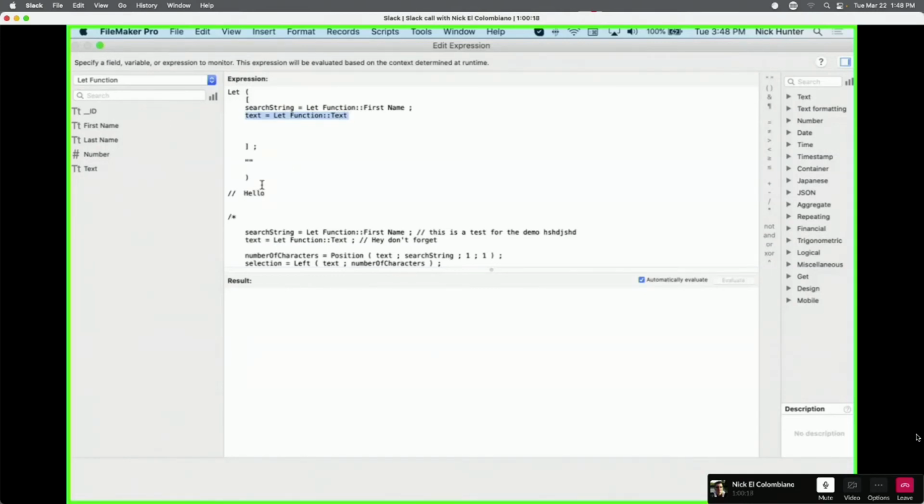I can use them. Look, the search string is May. I'm looking for May. The text is this. Now, how many characters do I have? I'm using my position, from the text, the search string. Now you understand why I named them this way: I named my statements the FileMaker default,